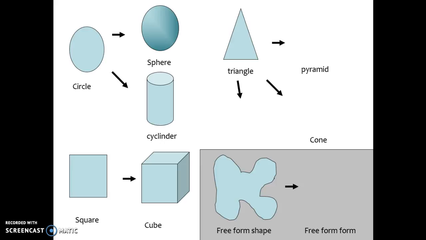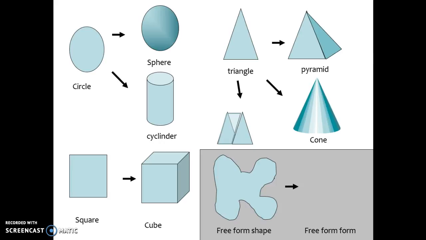The next one we're going to look at is a triangle. Triangles become three different things, either a triangular prism, a cone, or a pyramid. Your triangular prism is the first shape that came onto the screen. Just like with a cube, you draw a triangle, draw another triangle, and then you connect your corners to create